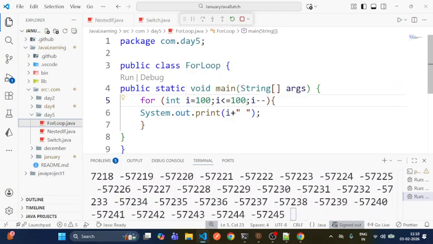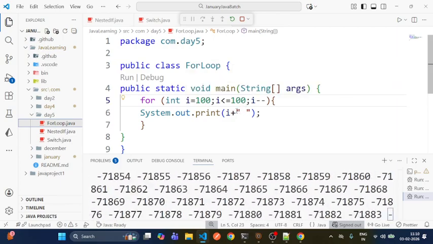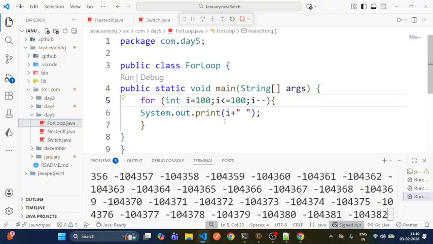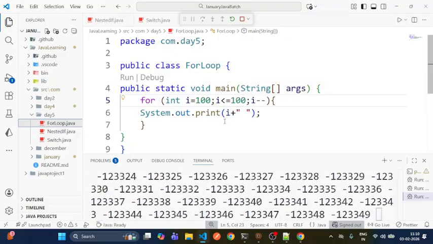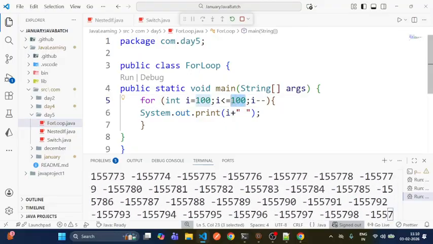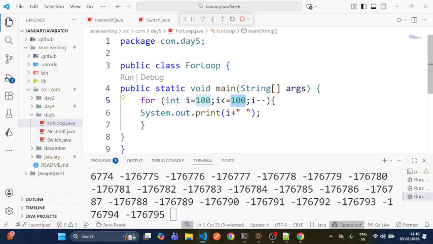The value of I is always decrementing, right? I becomes 99, I becomes 98, I becomes 97, I becomes 96. That means I becomes 0, I becomes minus 1, I becomes minus 2. Always it is less than 100, right? So this condition never fails. Then it will enter into the